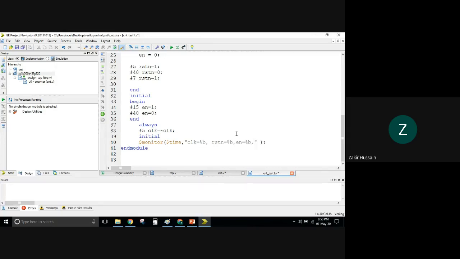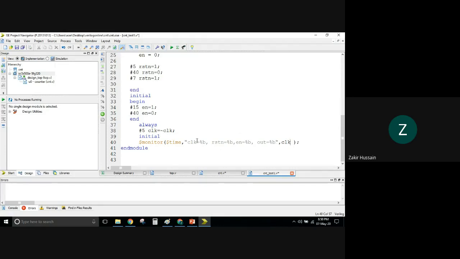Out, so our out is percentage B. Now, accordingly, these variables are important.